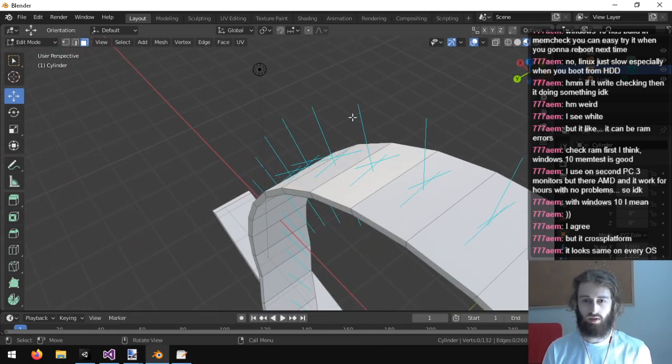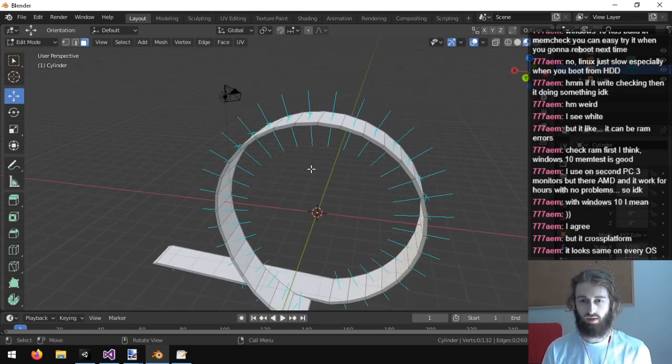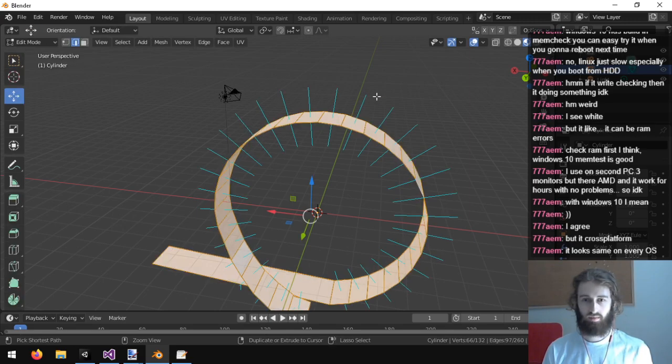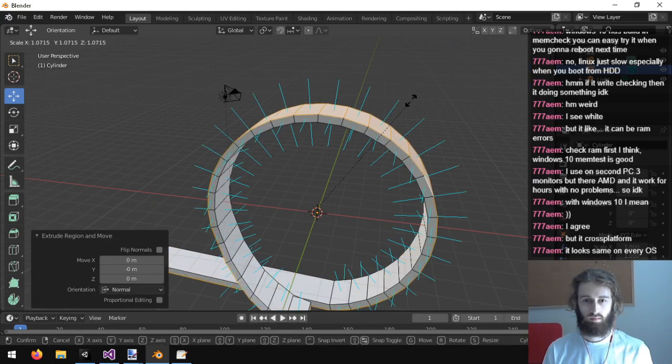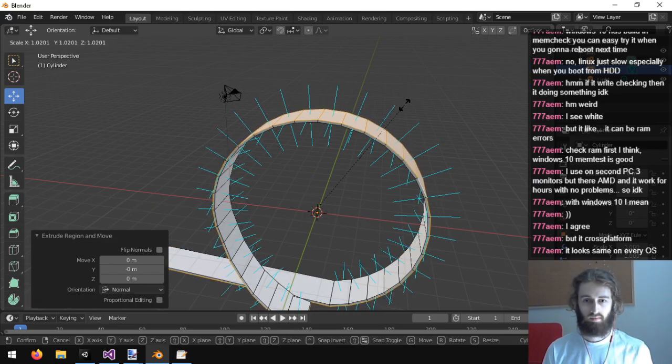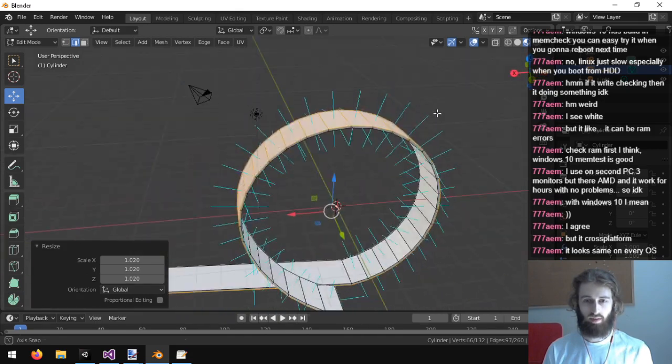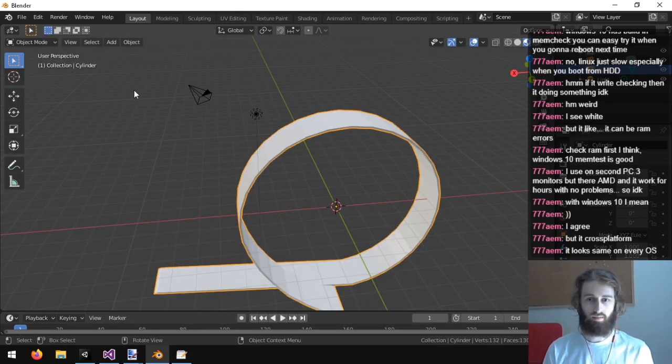Oh yeah, so these aren't pointing outwards. That's deceiving. Okay, that will hopefully work this time.